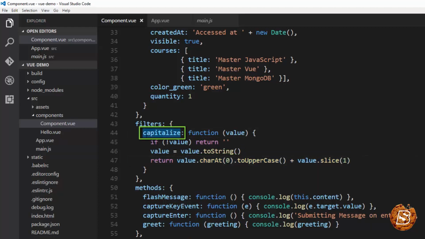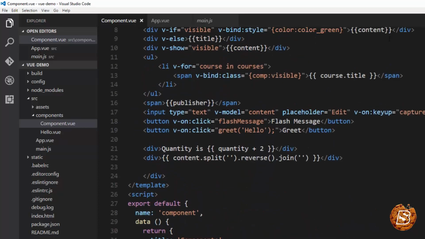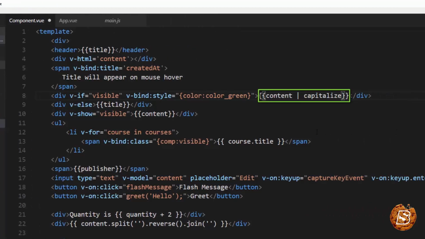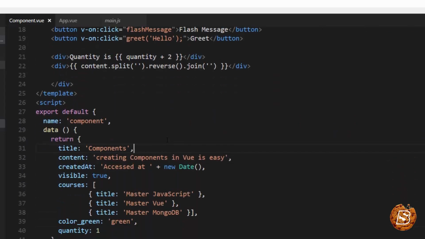Now, in order to apply this filter, what we'll need to do is over here in our mustache syntax, we just need to add this by having this pipe as a differentiator. So content, pipe symbol, and then the name of the filter. Save this now. So now when I run this one, you can see that I have made this C small,